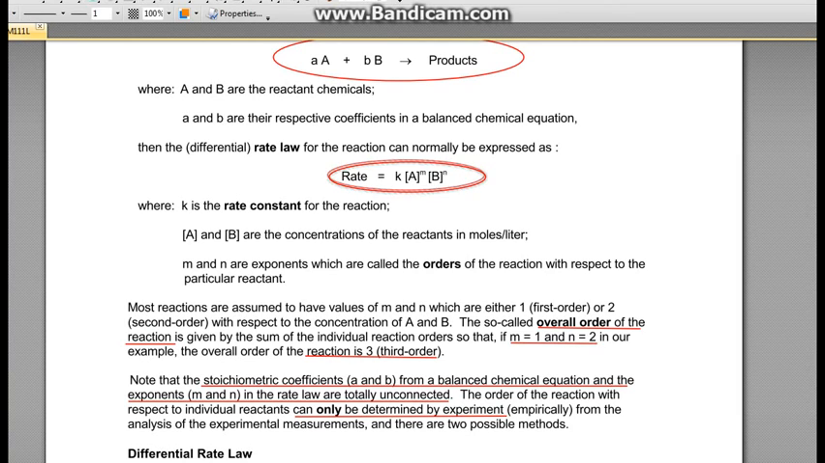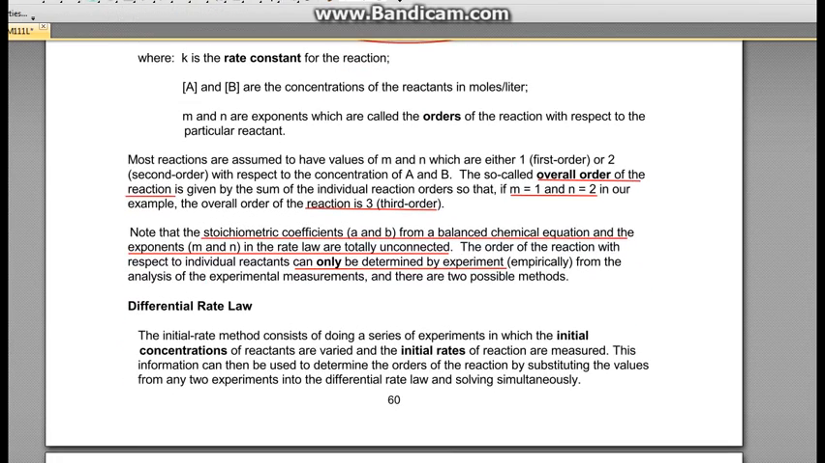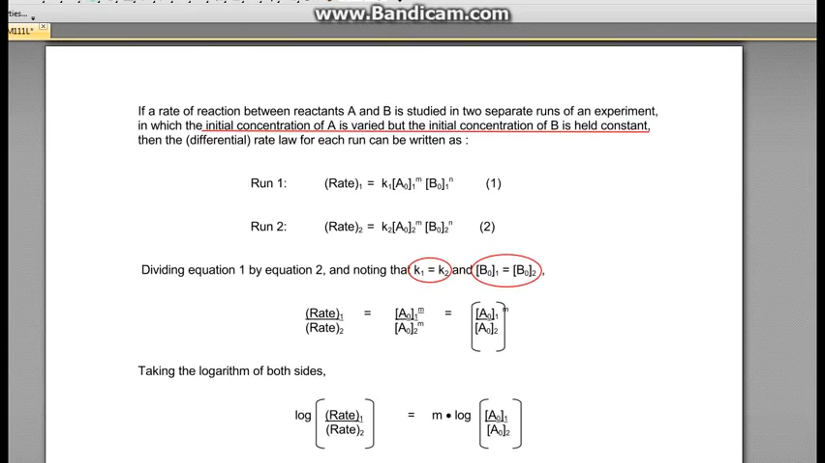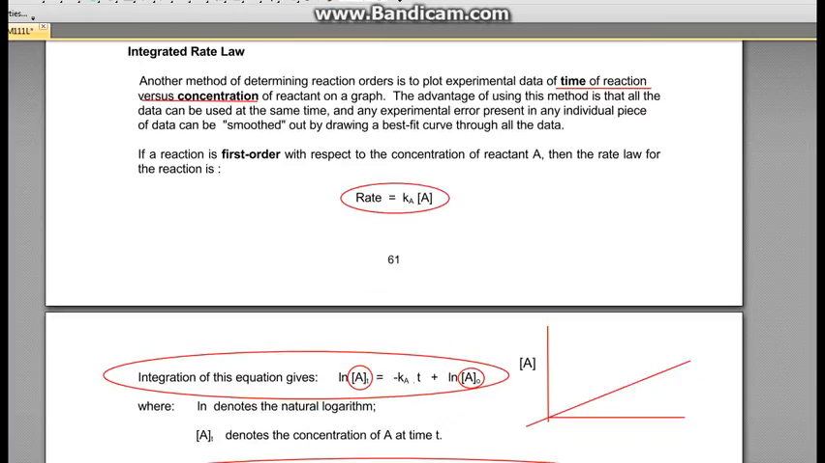You need to understand that the order of a reaction is essentially the sum of m and n in this equation. So if you have, for example, k times the concentration of A to the third times the concentration of B to the second, that will be a fifth order reaction. Now, in terms of the actual math, we won't be doing anything above first or second order, but you do need to understand